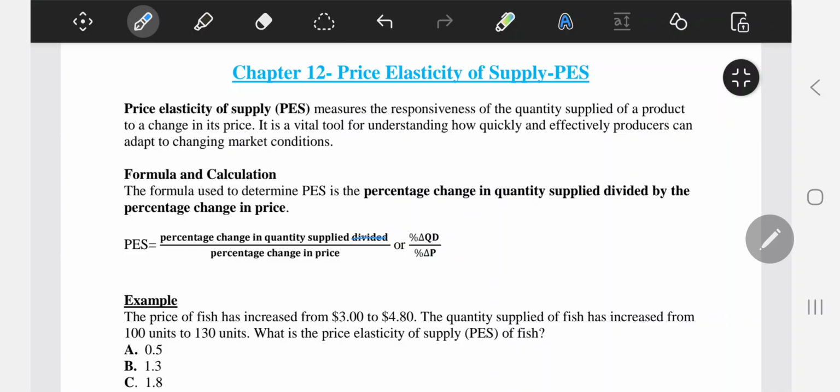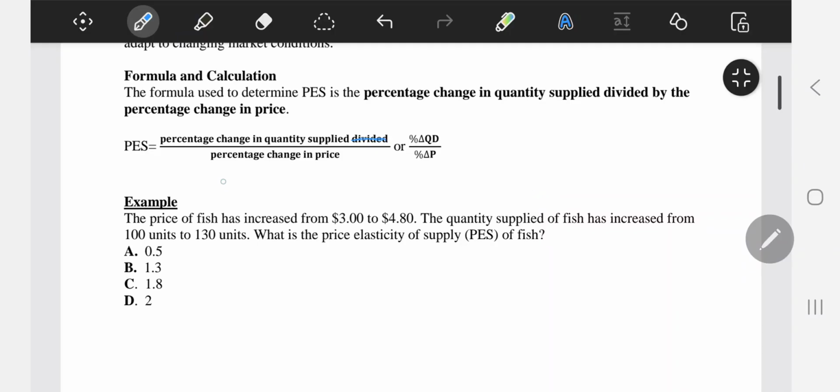All right, so let's look at an example together. Here's the example. The price of fish has increased from $3 to $4.8. The quantity supplied has increased from 100 units to 130 units. What is the price elasticity of supply? Again, here we're going to get the percentage change in quantity supplied, and then divide that by the percentage change in price. The small triangle there represents the percentage change. So I'm going to start by looking at the percentage change in quantity supplied,